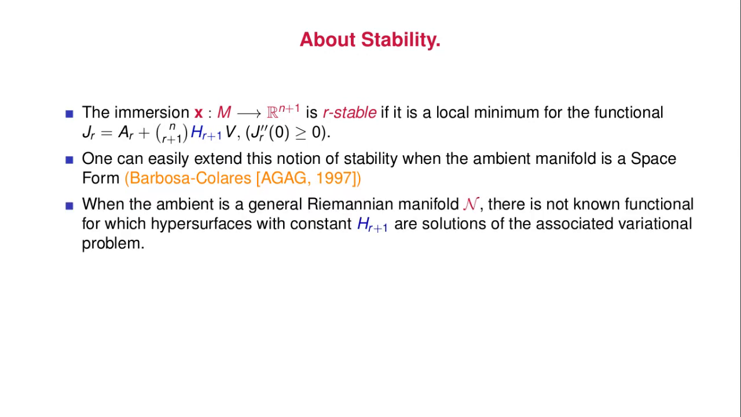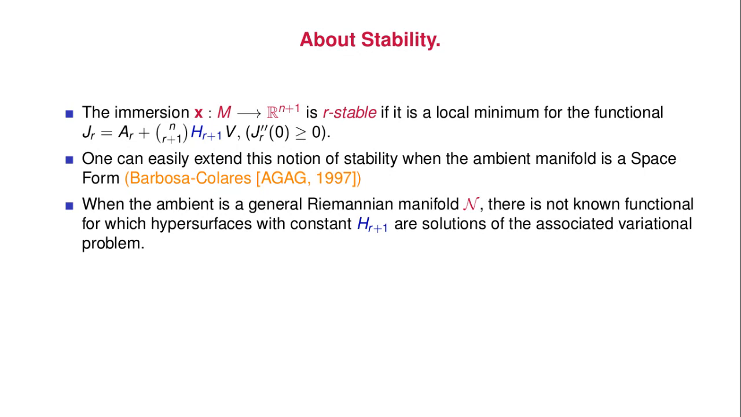But then if you go to a general Riemannian manifold, there is no known functional for which hypersurfaces with constant H_{r+1} are solutions of the associated variational problem. There is something, for example, Elbert did it for scalar curvature in Einstein manifolds. But in general, you don't know, because when you do this,